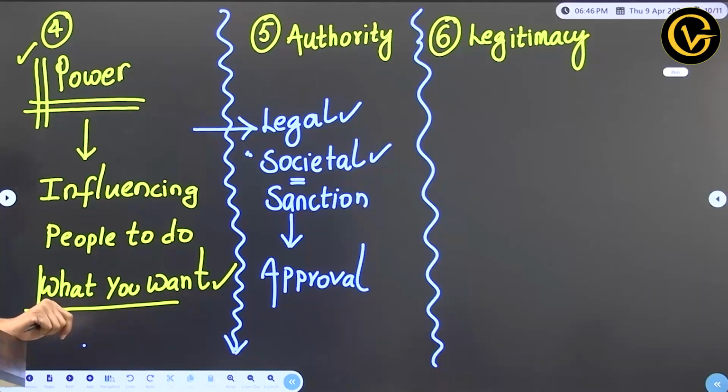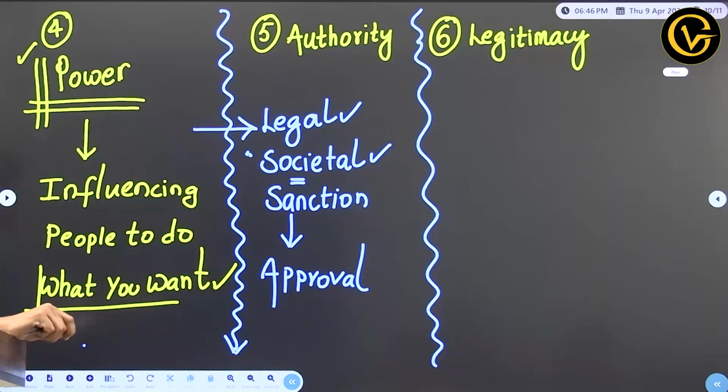Let's say there is a local goon. This local goon somehow wants a piece of land. He'll go to any extent to ensure that nobody stays on that land. He'll drive people away. He encroaches. He occupies the land. Brutal force. He is using power. Or let's say there is an armed group. This armed group wanted to have control over a large territory. They kill people, they scare people, they drive people away, and they declare that we have control over this place. Exercising brutal force, exercising power.